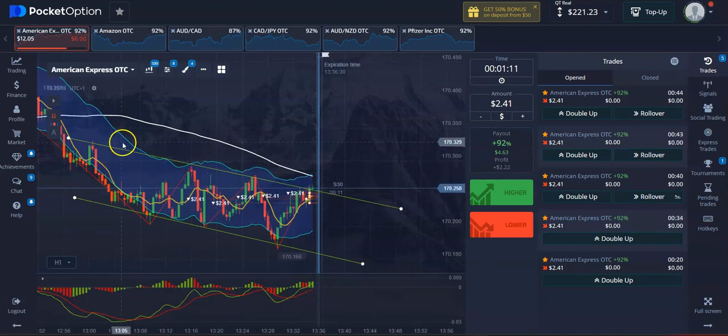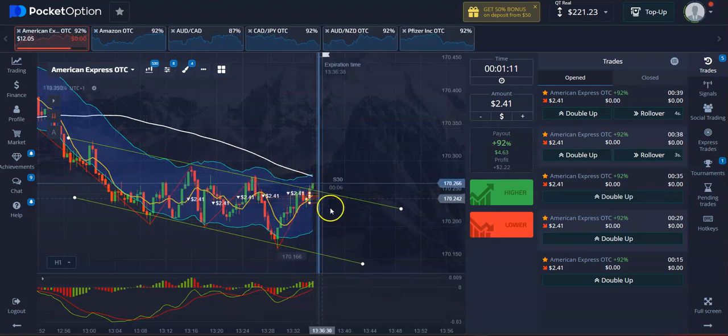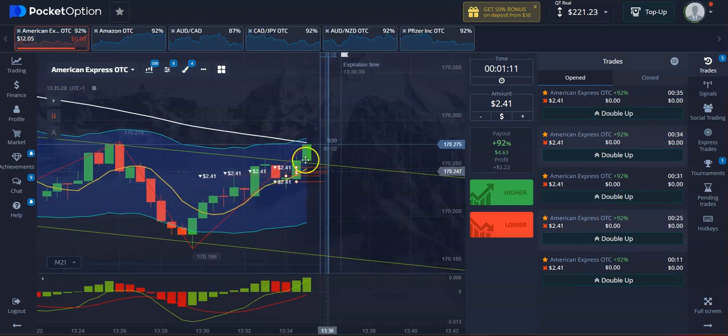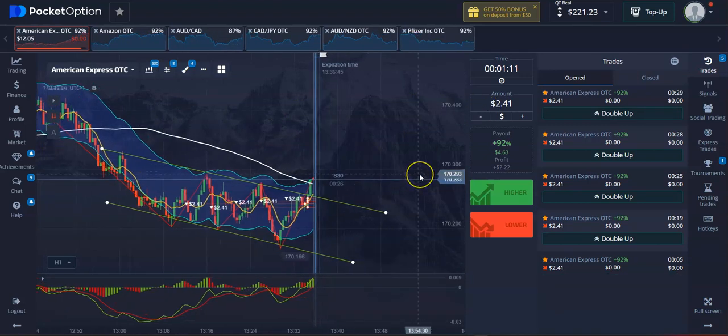And seems like price is not respecting this falling edge. And we are going to see a different trend. Okay. Seems like price is going to the other side, and we are not going to make it. I'm afraid that's it. That's going to be the end of this session because we already